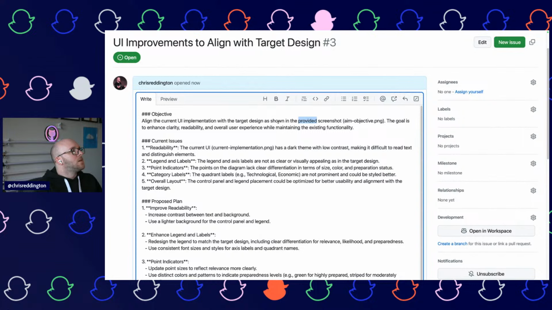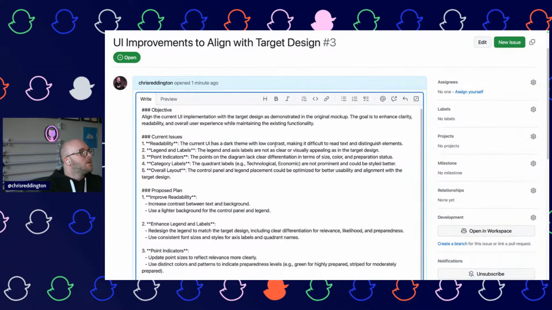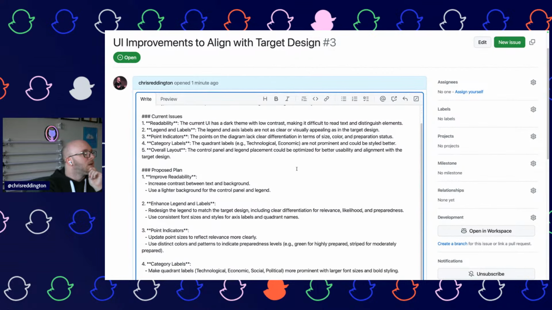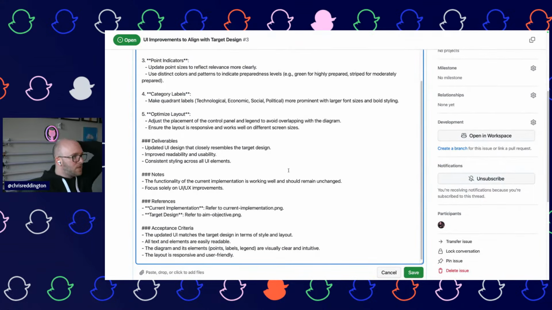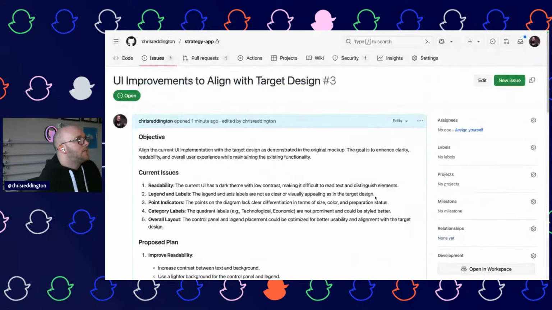So, very clear in the original mockup. Readability. Current UI has a dark theme with low contrast. Yeah. Okay, this looks fair, I think. Once I save that, so let's do this.